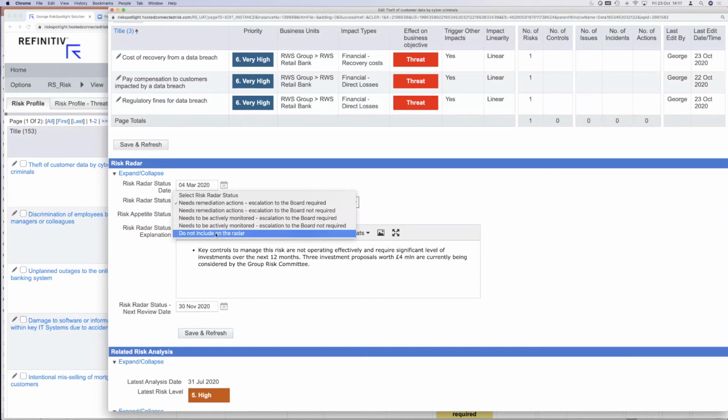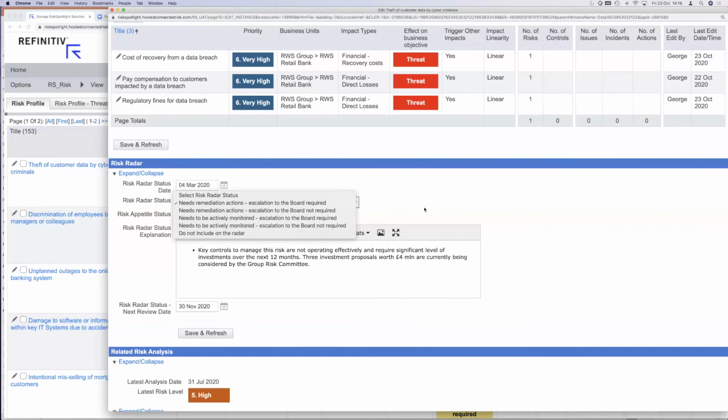So then the board and the BU senior management team don't get that noise, because we want to separate that noise. If you have hundreds of risks and thousands of controls, it becomes very difficult to decide what to present to senior management at the business unit level and what to present at the board level. That's the challenge we wanted to solve without necessarily doing a risk assessment, because risk assessment is one input you will use to decide, but it's not the only input.